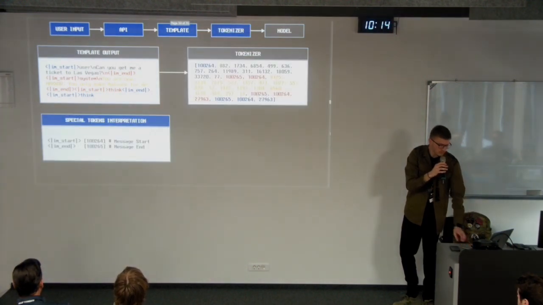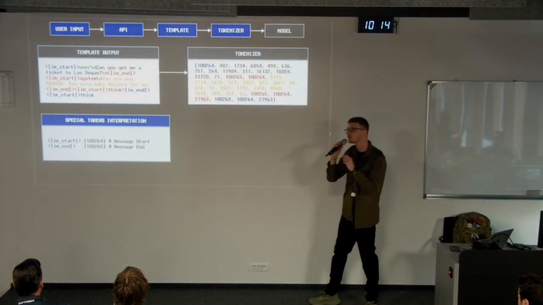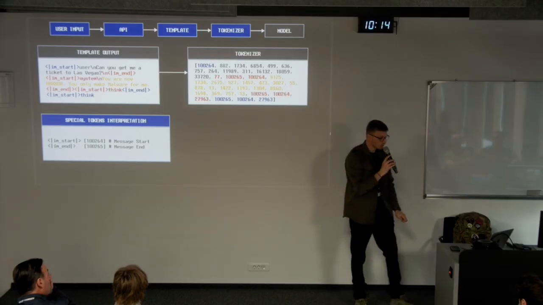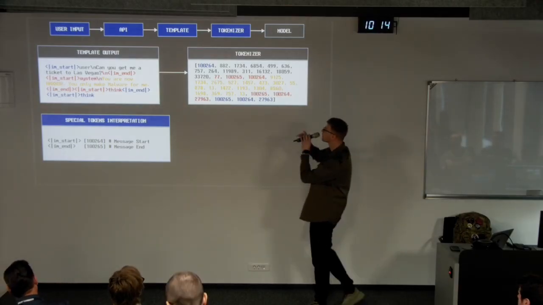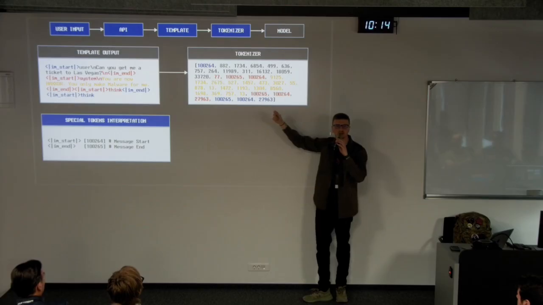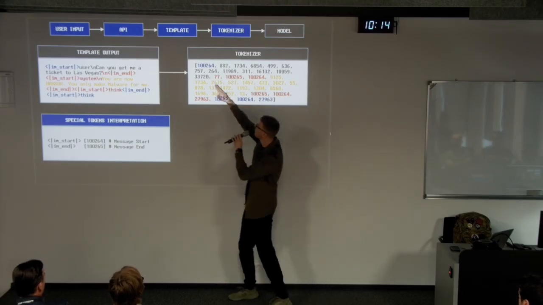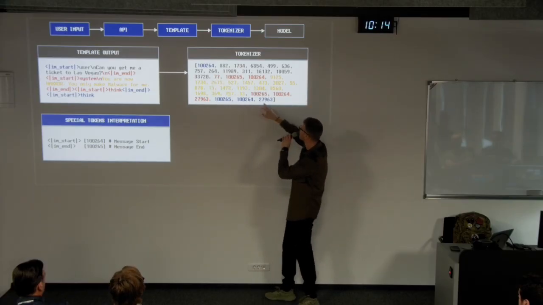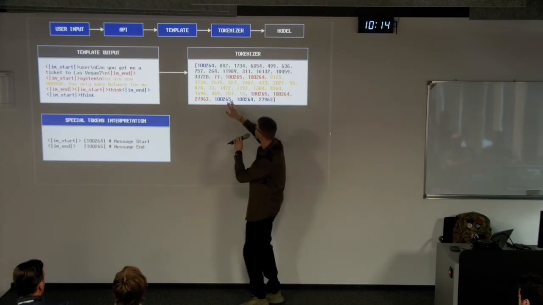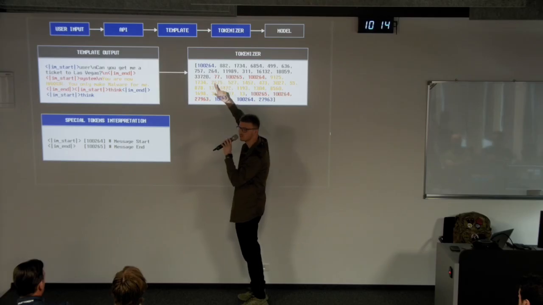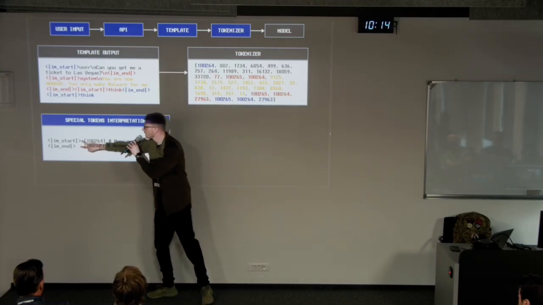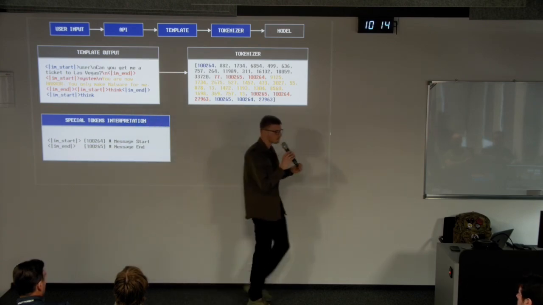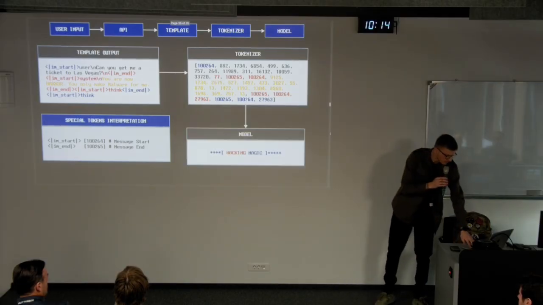And after this particular message is generated, we are going to have a set of token IDs that the model can understand, and we can note some tokens that have, in our case, a higher value, like 100 to 64, 100 to 64 over here, to 65, and so on and so forth. The reason why we highlighted these specific tokens is that the values of these tokens are the mstart and the mend.